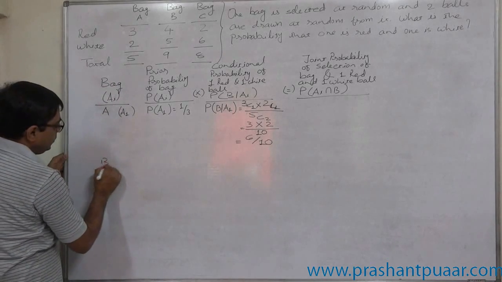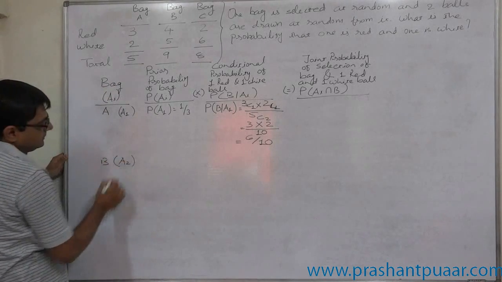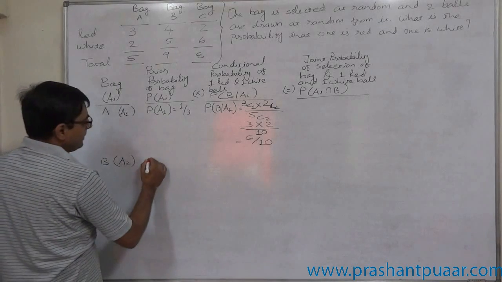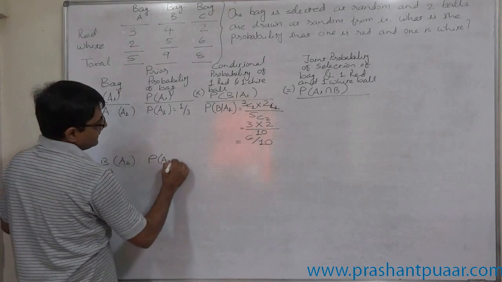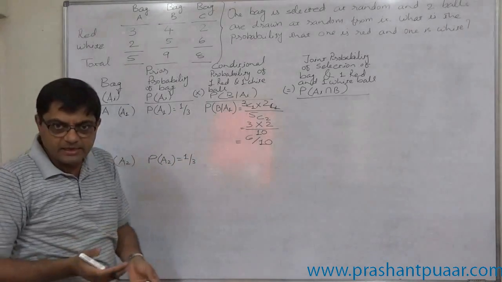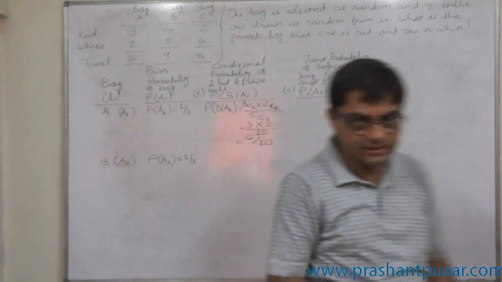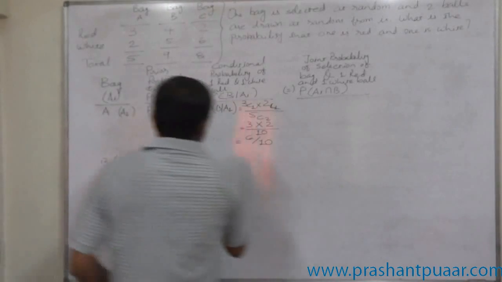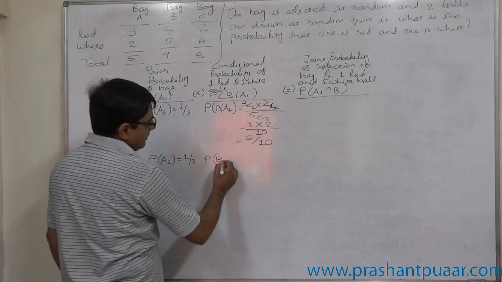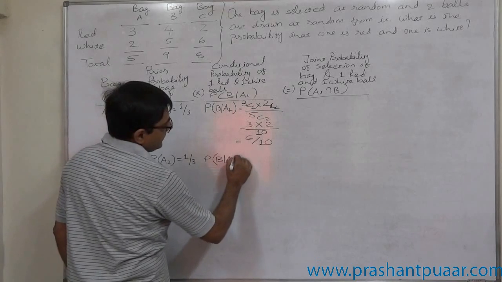Bag B, or A2, happens. That means bag B is selected. Now the probability of selection of bag B, that is A2, is again 1 by 3. Favorable case: bag B itself, and total number of cases is 3. Probability of selection of 1 red and 1 white ball, if bag B is selected,